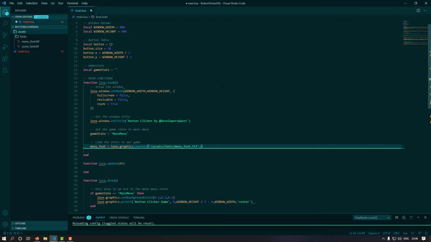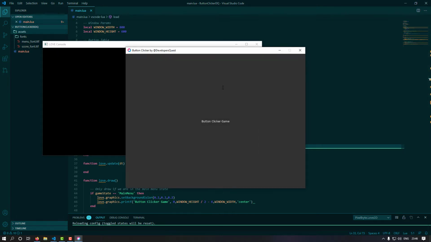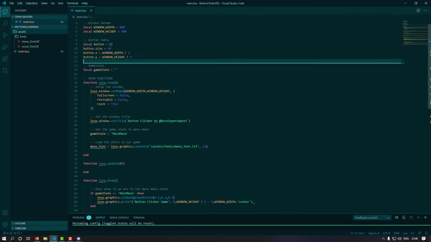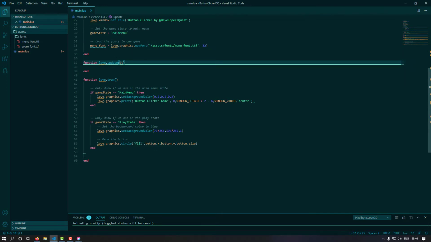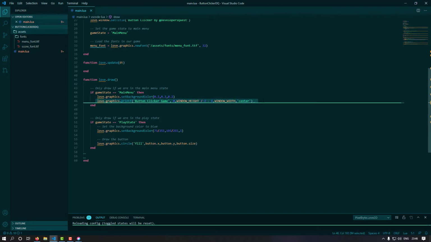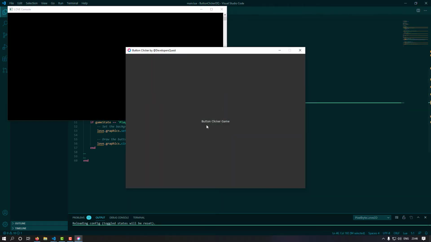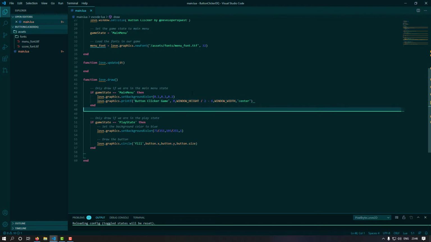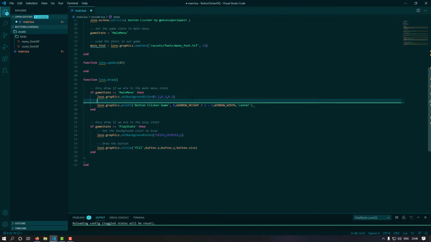And after that we put a comma, and now we specify the size of this font. I'm going to use something like 32, make it quite big, and if we run the game now we shouldn't get an error. It should have loaded that font. So that font is loaded now and we can use it. So let's actually come down to where we print that font on the screen. Where we print button clicker game is right here. Before we print that to the screen, we want to say